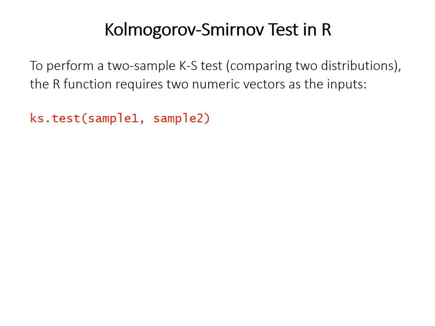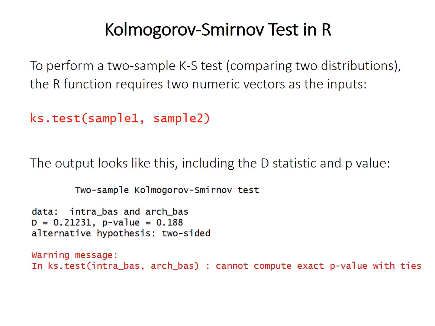So the R function for a two-sample KS test is called ks.test, and it requires two numeric vectors separated by a comma as the input. So sample 1 is a numeric vector, and sample 2 is a numeric vector. The output looks like this. It gives you the D statistic and the p-value. You may also get this warning message at the bottom